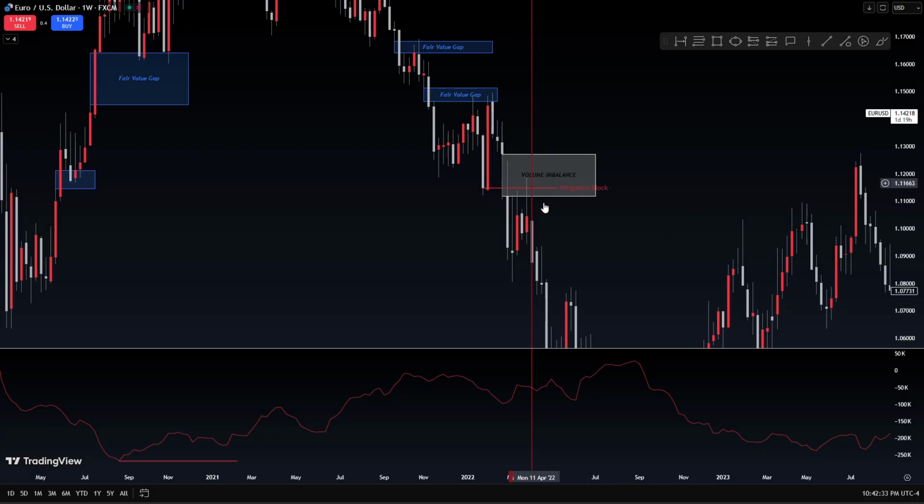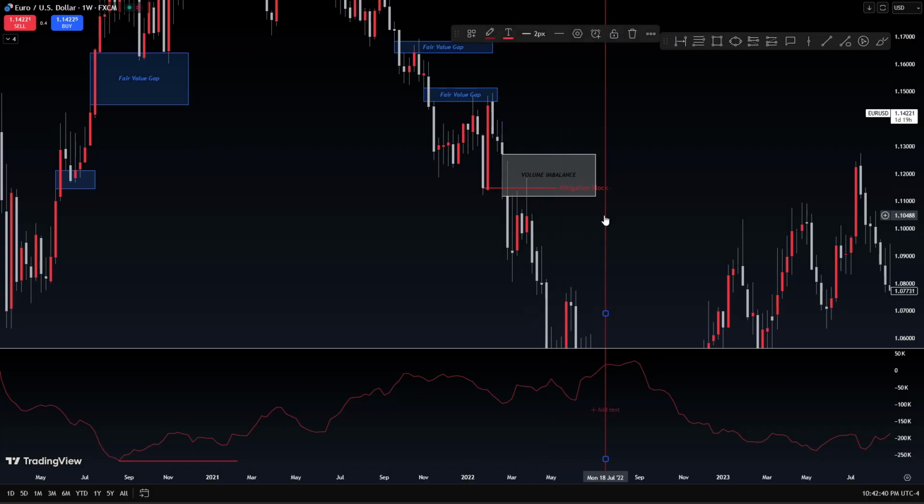Whoa, very, very close, isn't it? Yeah, I know. Very, very close. As you can clearly see from the couple of analyses, they don't exactly buy at the mitigation block, but any PD array or any signature, they'll tend to buy at the breakaway of that signature